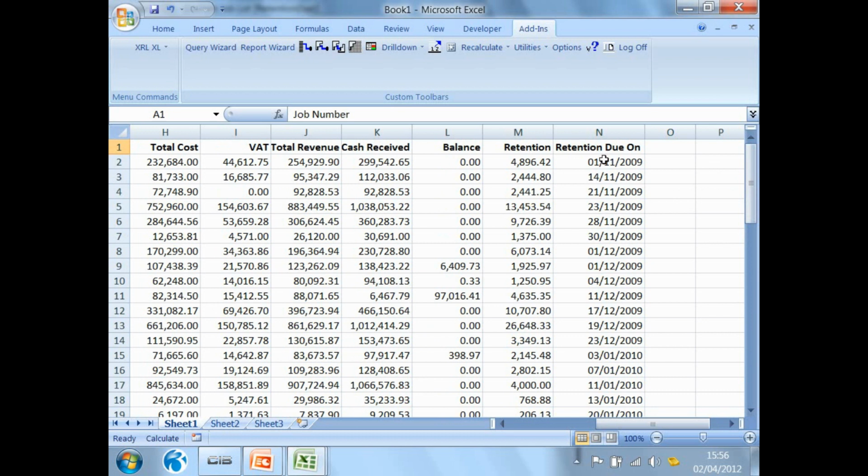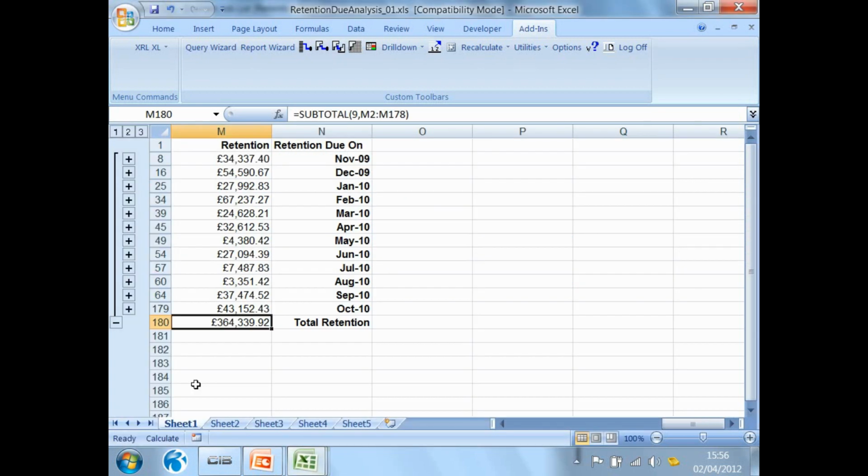Now once it's in Excel, I could simply group it together by month number. And if I do that, I can then get a spreadsheet along these lines. There we go, 34,000 for November, 54,000 for December, showing me the total amount that's due over the next 12 months, for instance. So we can simply get this information out and post it directly through to Excel. So that second reporting tool is not only a printing tool, it's also a tool that allows you to interface with Excel. We have one final reporting tool,